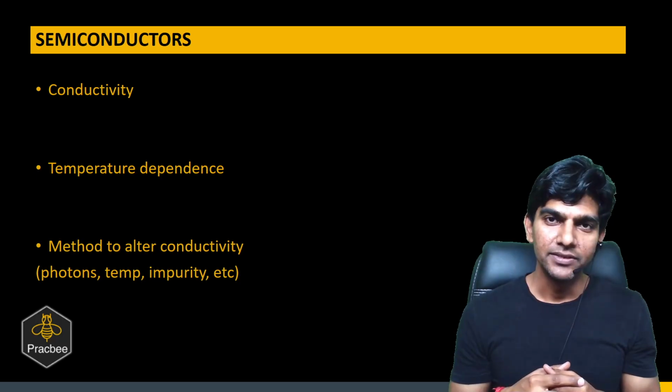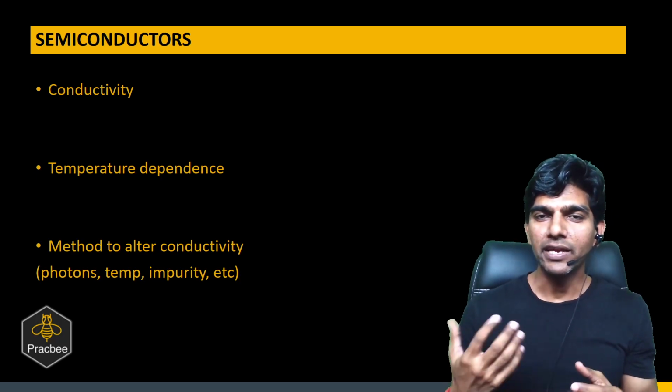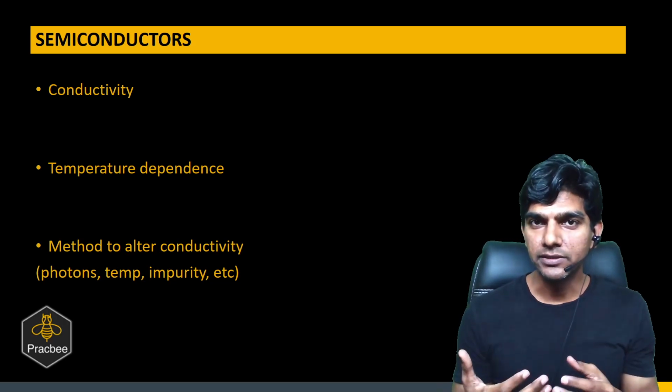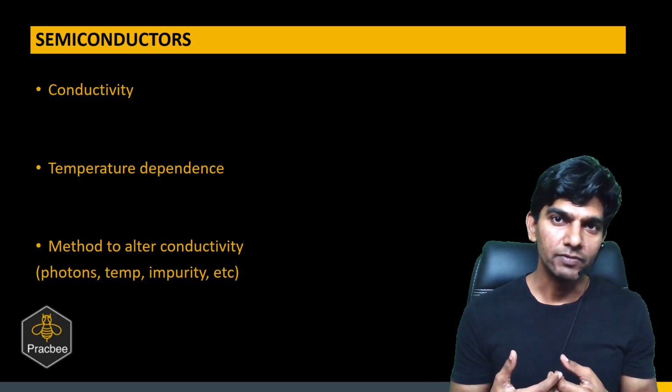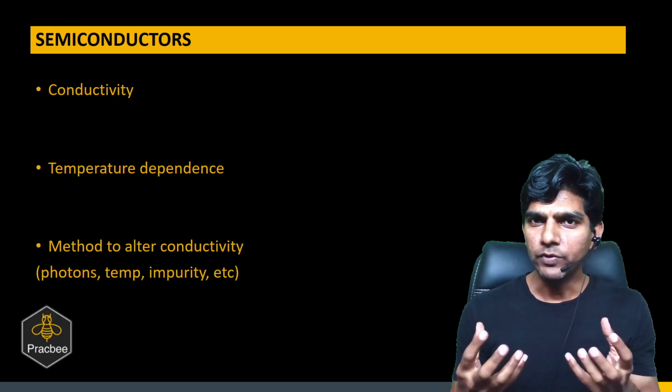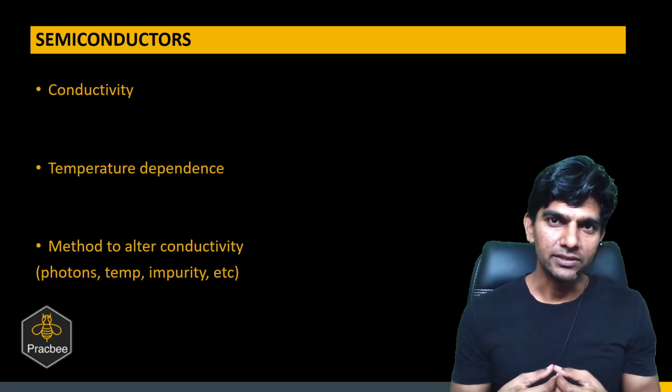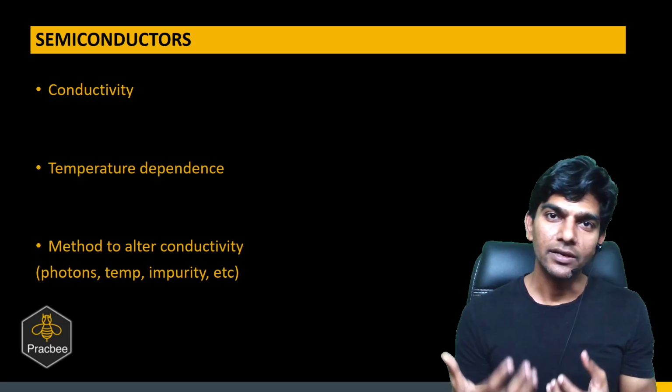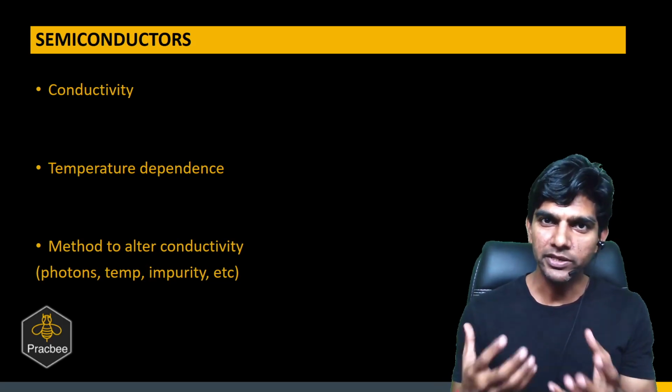Let's begin. So in today's world, if we talk about any electronic device, all these devices use semiconductors extensively. So that's why it becomes a very important topic, right? So why are we using it so extensively in all these devices? The reason is we can alter the conductivity of the semiconductor by different techniques.